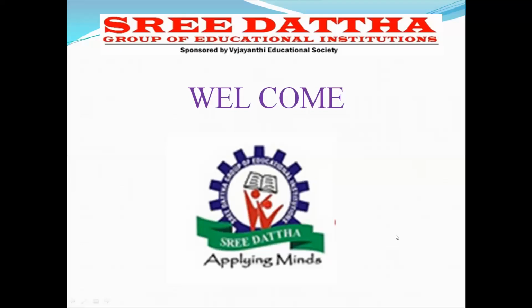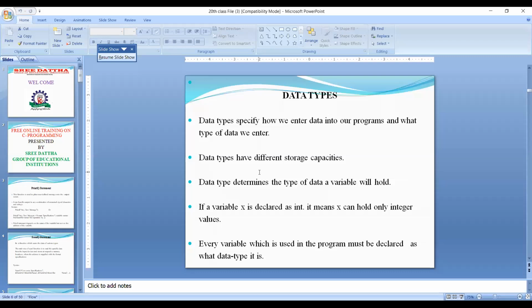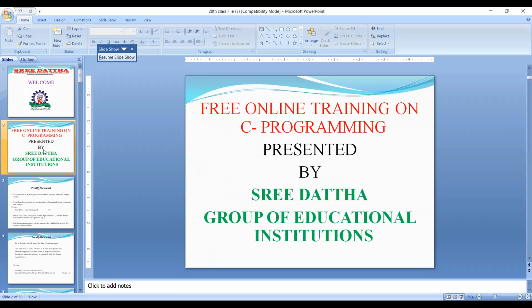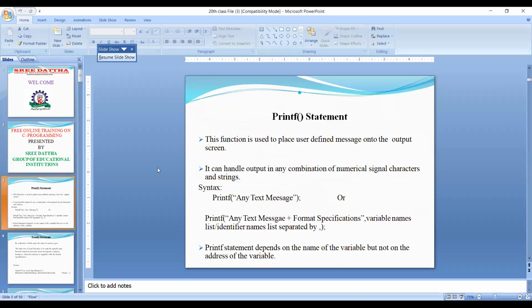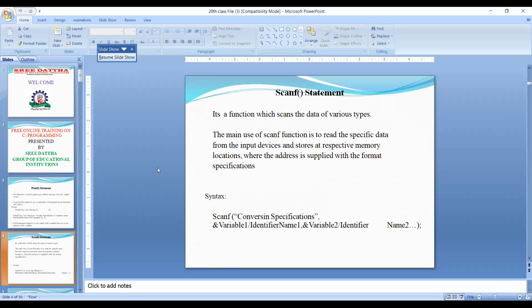Data types and variables are both very important.